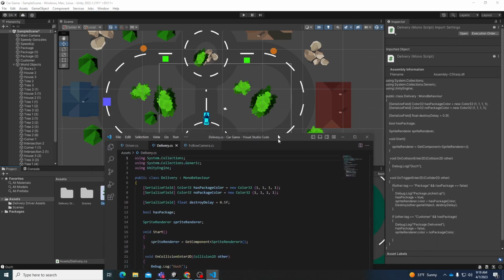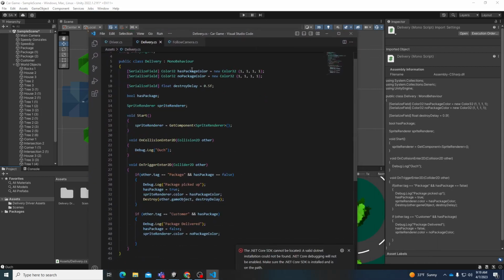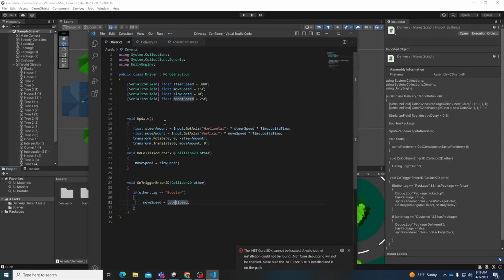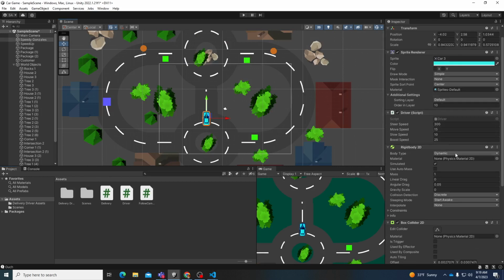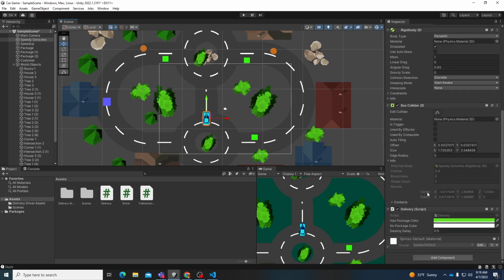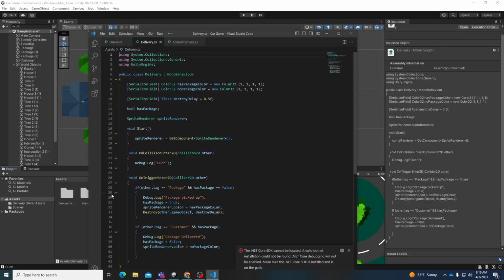So this delivery, for this I'm calling the colors, and this is 111. So this is just white on both things, right? And just like with my driver, when I serialize the field, it's actually doing this really cool thing where I can change it here. So I never even have to change the things in the code once I do this. And just like for that, I can change the color here. So that white just sets it at white, and that was just the basis that we used. So going back to this,